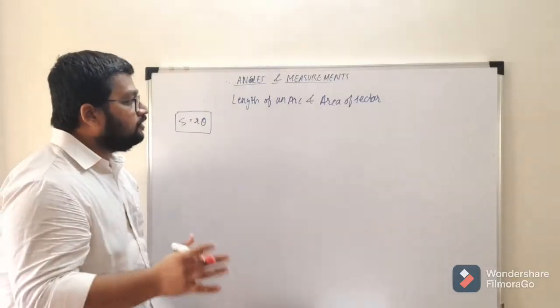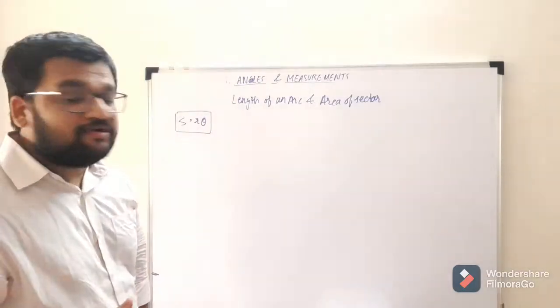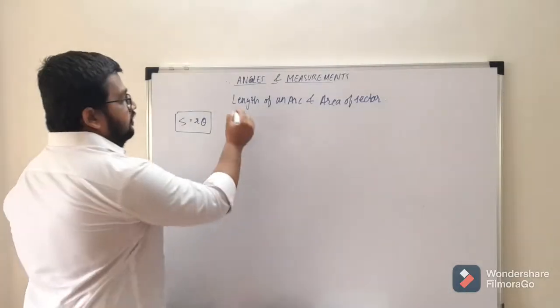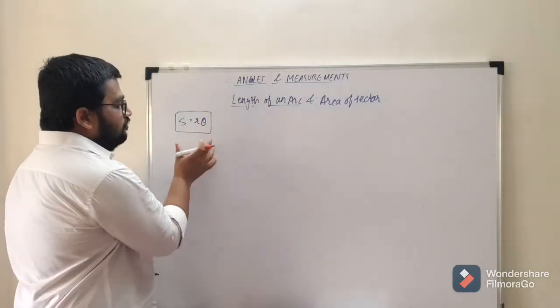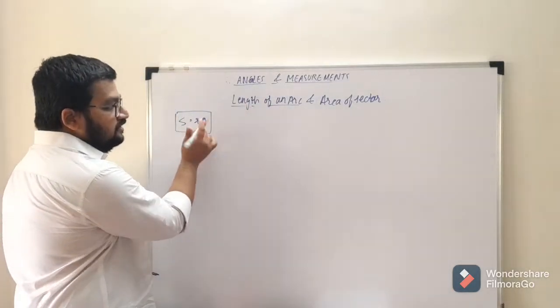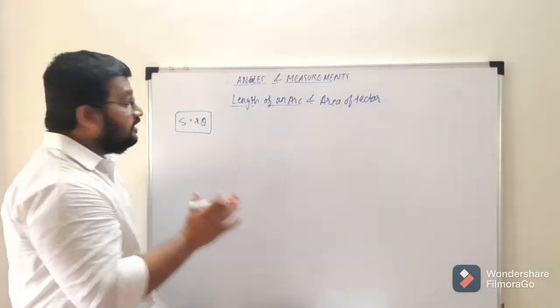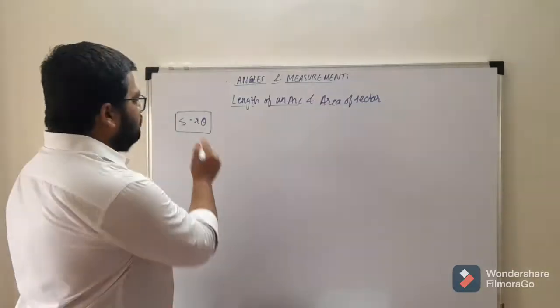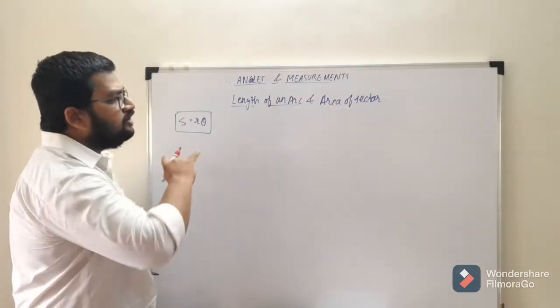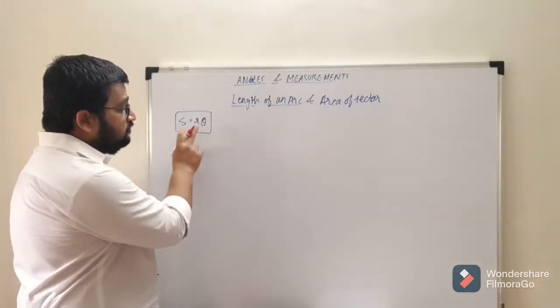So now we'll say how to calculate the length of an arc and area of the sector in an angular measurement. So suppose we have to first calculate the length of an arc. The length of an arc has a simple formula, S is equal to R theta, where S is the length of the arc, R is the radius, and theta is the angular measurement they have given. Typically they give us this theta in degrees. We have to convert it firstly into radians and then calculate. Now let us see two problems on this formula.